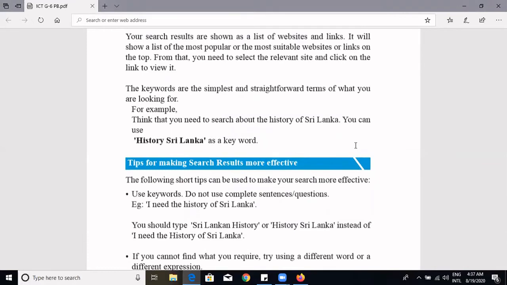So, what do we mean by keywords? When you're typing something on the search bar of the search engine, you have to make sure you're using keywords, right? Keywords are the simplest or most straightforward terms that you're searching for. For example, animals was my keyword. I'm searching about animals. If you want to find the history of Sri Lanka, you can type basically history Sri Lanka. That's the keyword. Then Google or other search engines will support you with so many links and pages related to this